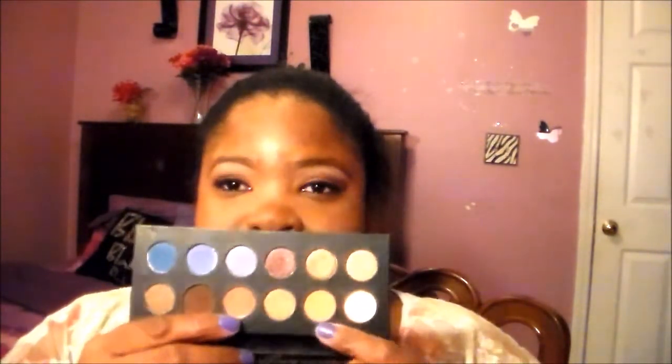And I use this one. It has my highlight. If I'm using the Revlon palette, I'm using this one as my transition color. If I'm not using the Revlon palette, I'm using these 2 shades here as my transition color as well. So I kind of do vice versa, but I really love it. And I have played around with these 3 right here, and I did use this one in today's look,